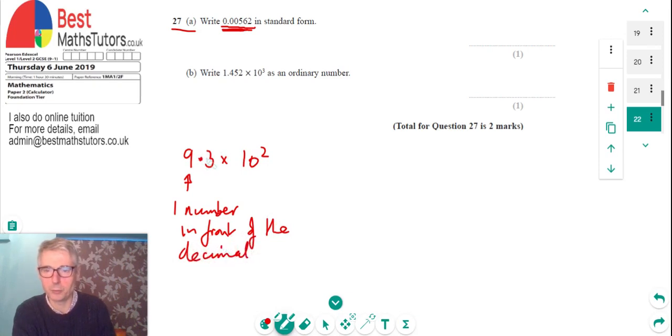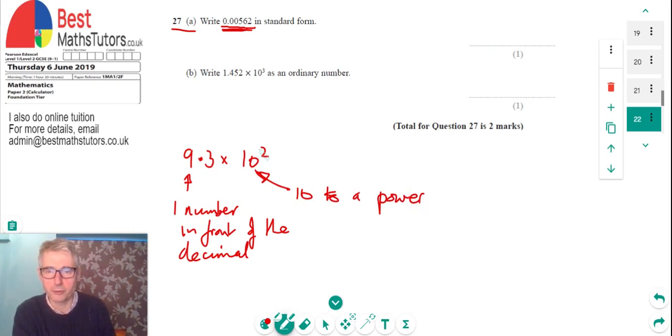Okay, and then a decimal point, and then sometimes there are decimals, and sometimes it doesn't have to have any numbers after the decimal point. And then what we have is 10 to a power,